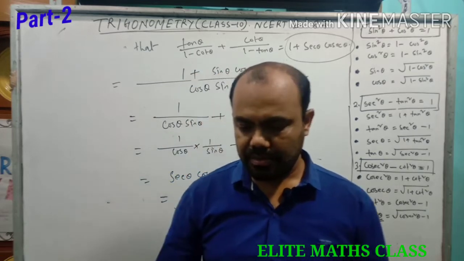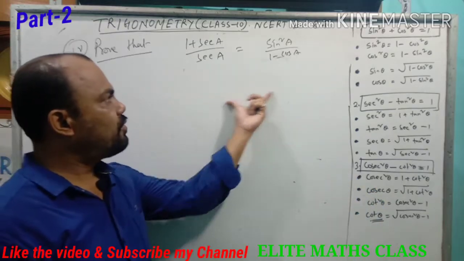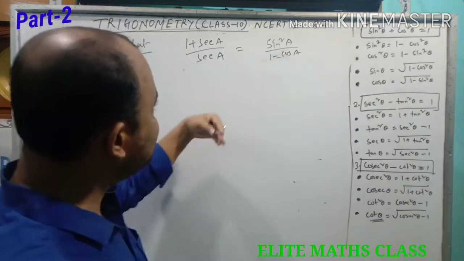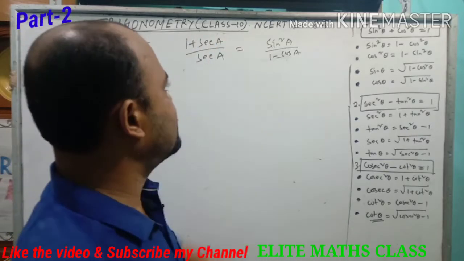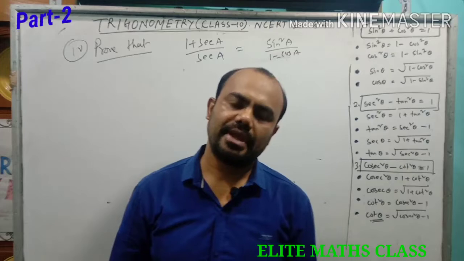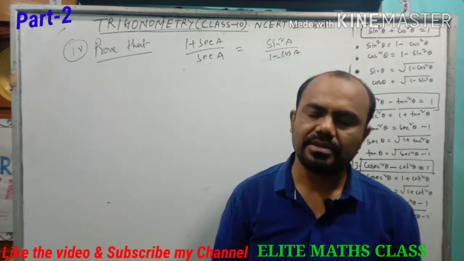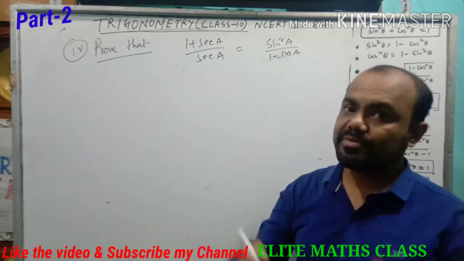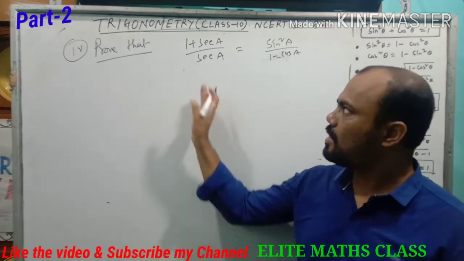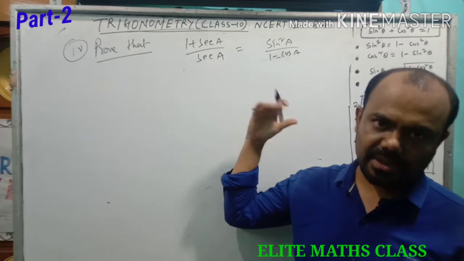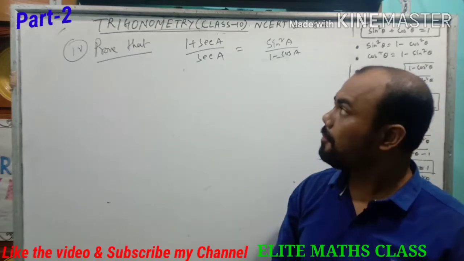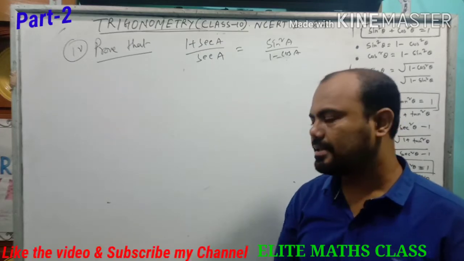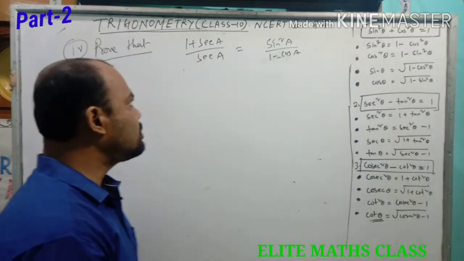Now let us see question number 4. Question number 4 of 5. Here also the question is of the same type, that is, prove that this is equal to this. Here also you can use the same technique. You either start from LHS or you start from RHS, as in both the terms the expressions are of similar type. So you can start with LHS as well as with RHS, or you may simplify both the sides separately and show that the values are the same. I am showing from LHS to RHS.